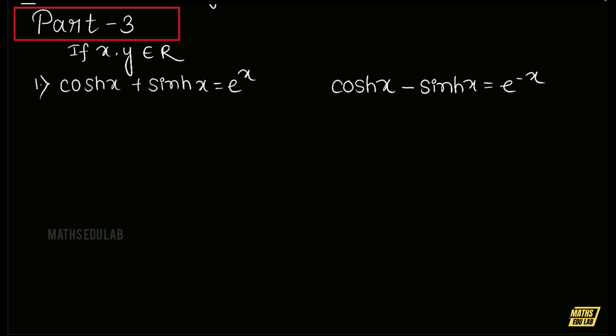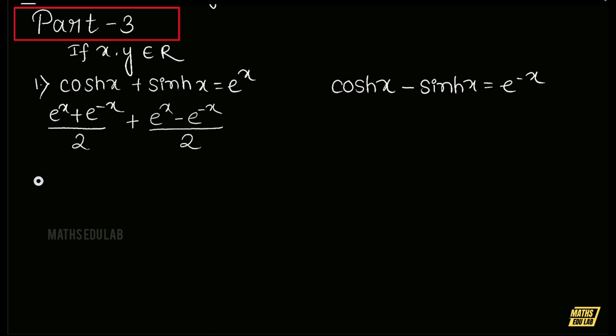As we know, the cosh x formula is e to the power of x plus e to the power of minus x by 2. Then the sinh x formula is e to the power of x minus e to the power of minus x by 2. So we are taking this LHS side to get the RHS side, that is e to